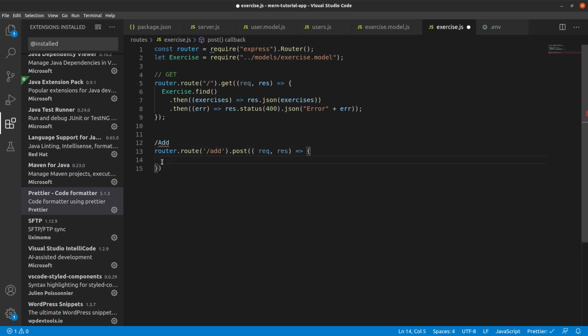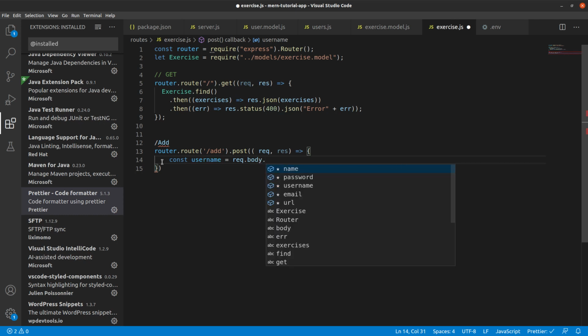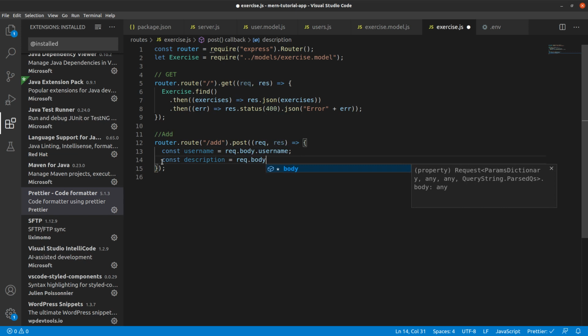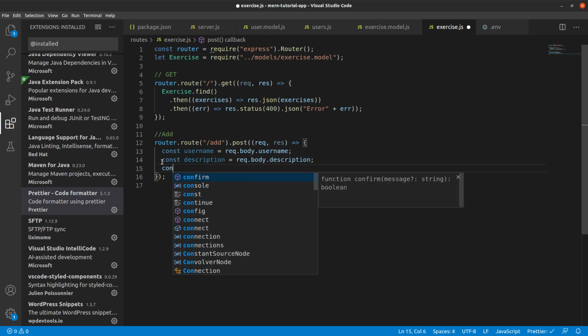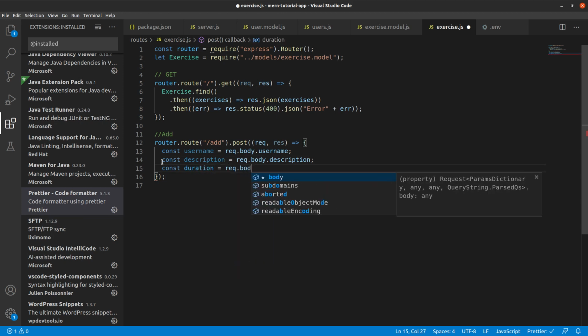implement this thing. So what we want to do is we want to get the username from the request body. So request.body, similar to what we have done in our previous step. Okay, all right. Okay, const description equal to request.body.description, const duration equal to request.body.duration.